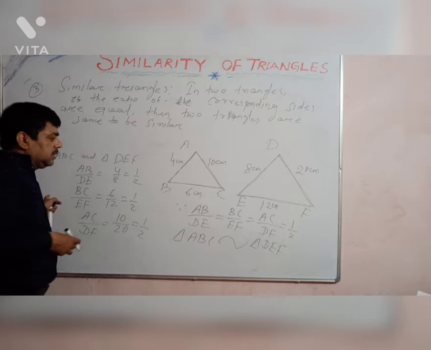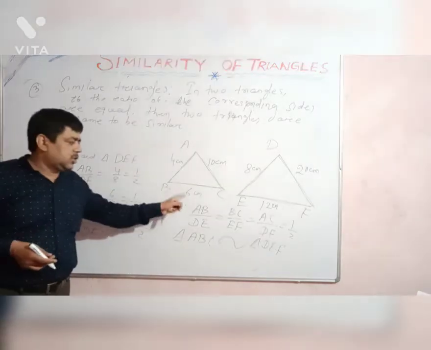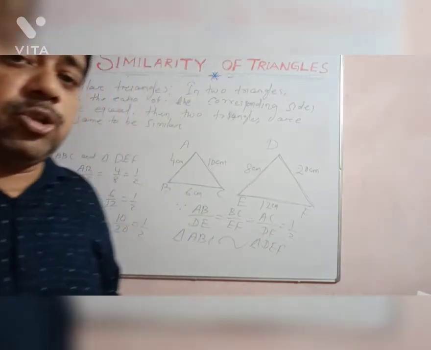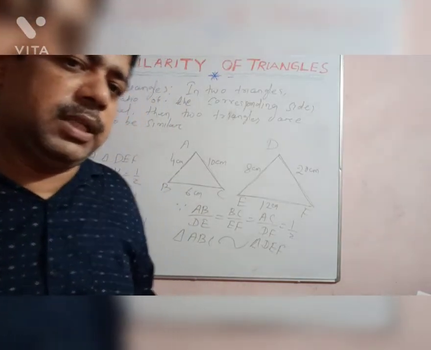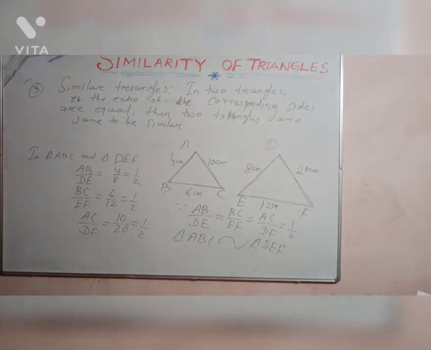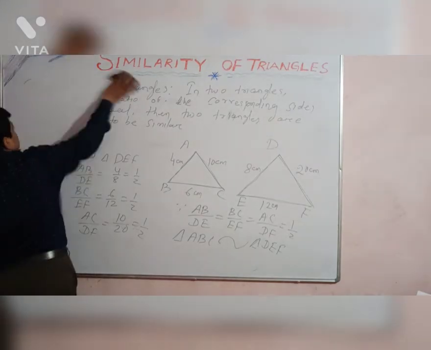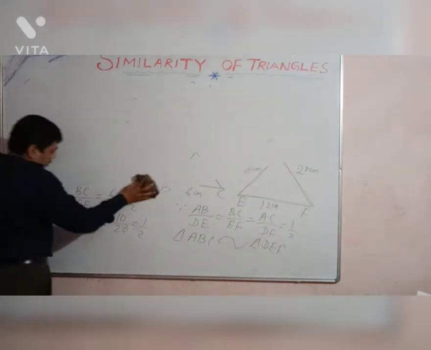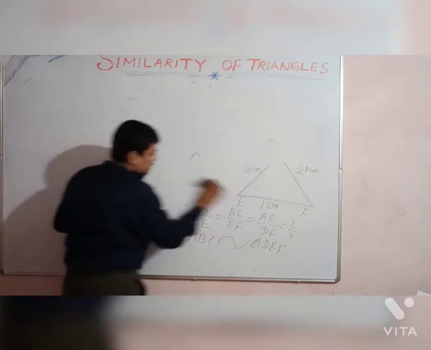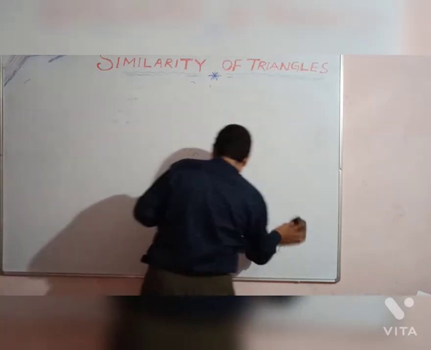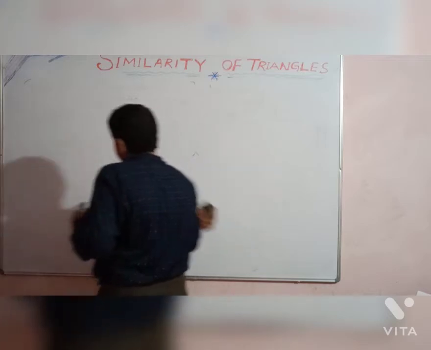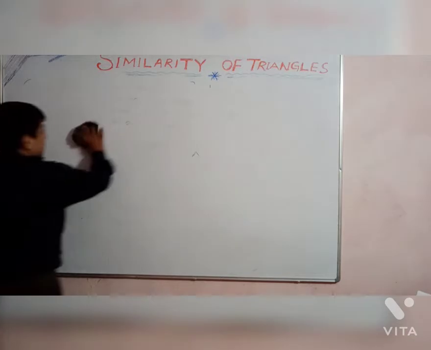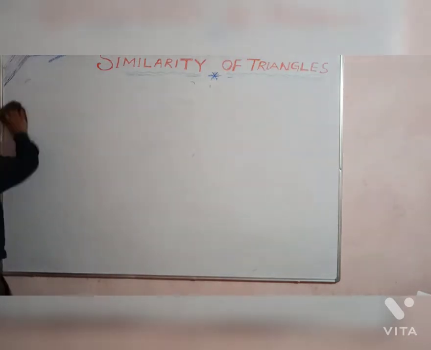This is one of the conditions: if the ratio of the corresponding sides of two triangles is equal, then those triangles can be similar. Then another point is the corresponding parts of congruent or similar triangles. We are studying the similarity concept. We are all acquainted with congruency before that, in class 9, which was a very important concept, and in similarity you will also learn the idea of congruency.